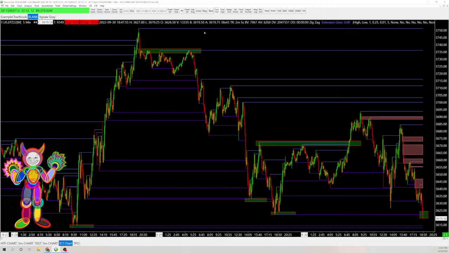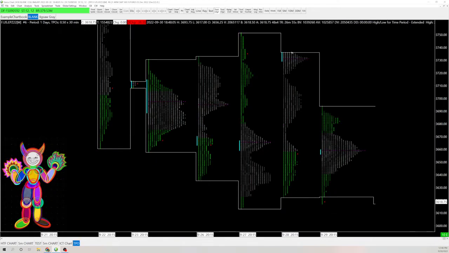So a poor high or a poor low would be somewhere, for example, you see up here. We have these highs. A poor high or poor low on the TPO would be somewhere where we have a flat area like this. We have a lack of exhaustion. If we had real exhaustion, we'd want to have a selling tail up here. We'd want to have a move up and then an abrupt move down,